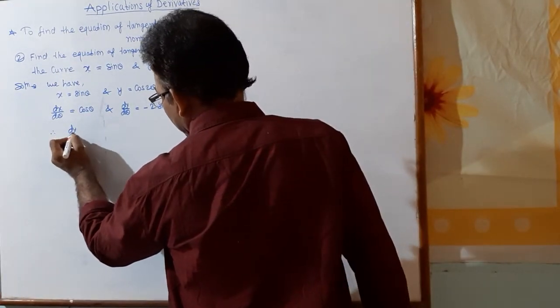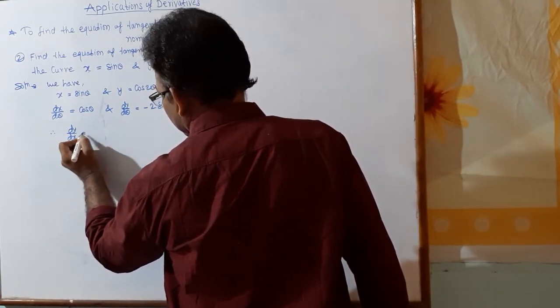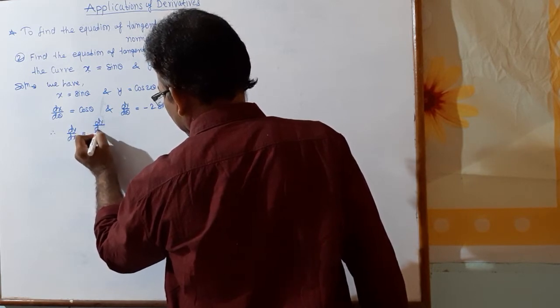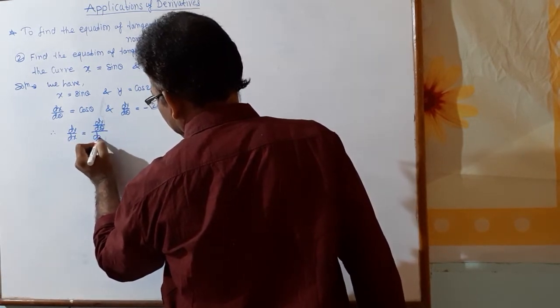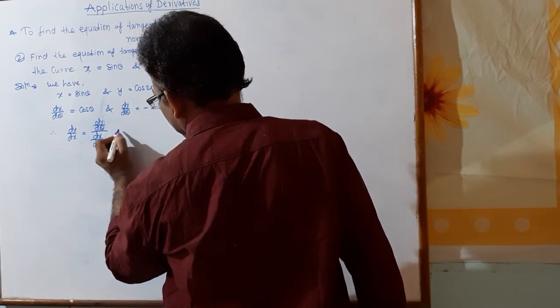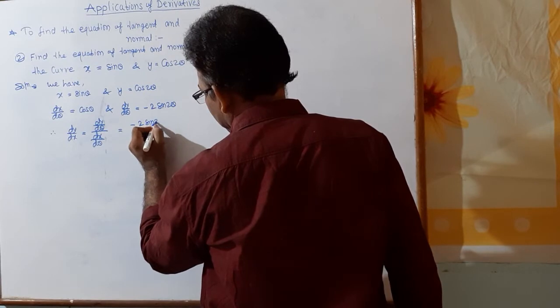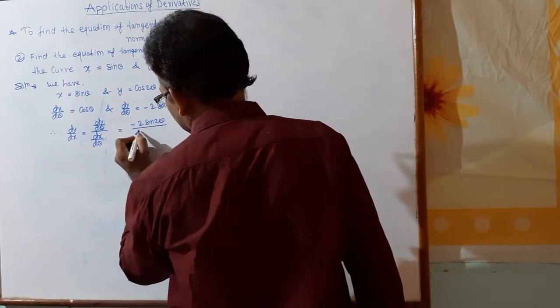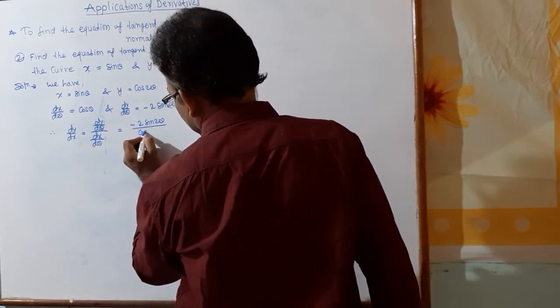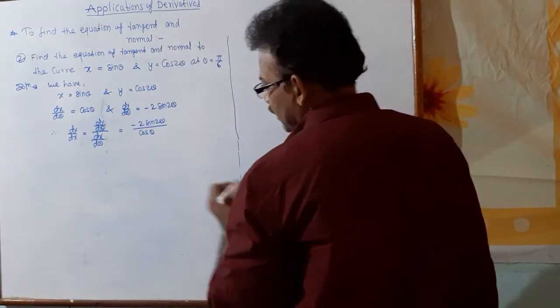Therefore we know the formula, dy by dx equal to dy by d theta divided by dx by d theta. Putting values here, dy by d theta, minus 2 sin 2 theta, divided by dx by d theta, which is cos theta, and therefore